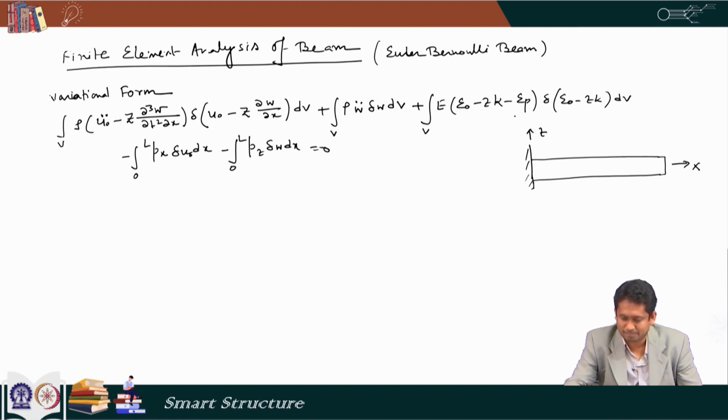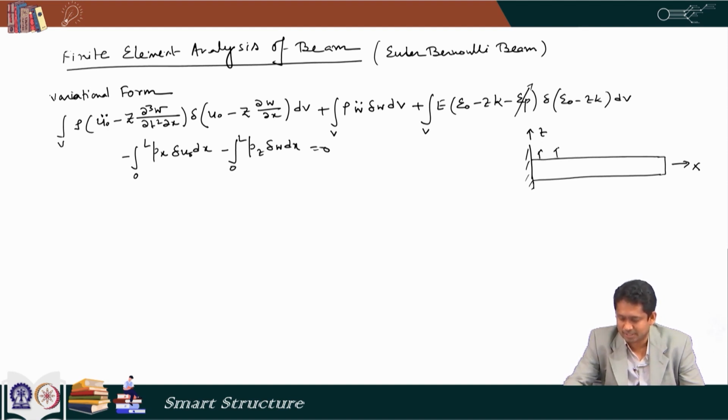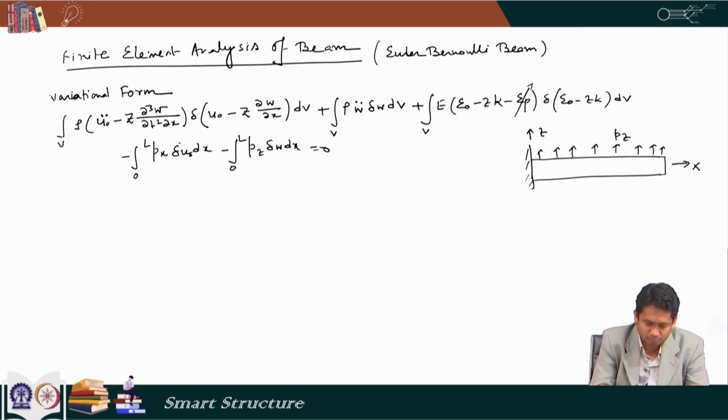So, epsilon p we do not have, and then in this case I had distributed force across x direction and across z direction, but here we are assuming that all the forces are along z direction only. So, we have P z only and P x equal to 0. So, no force along x direction,